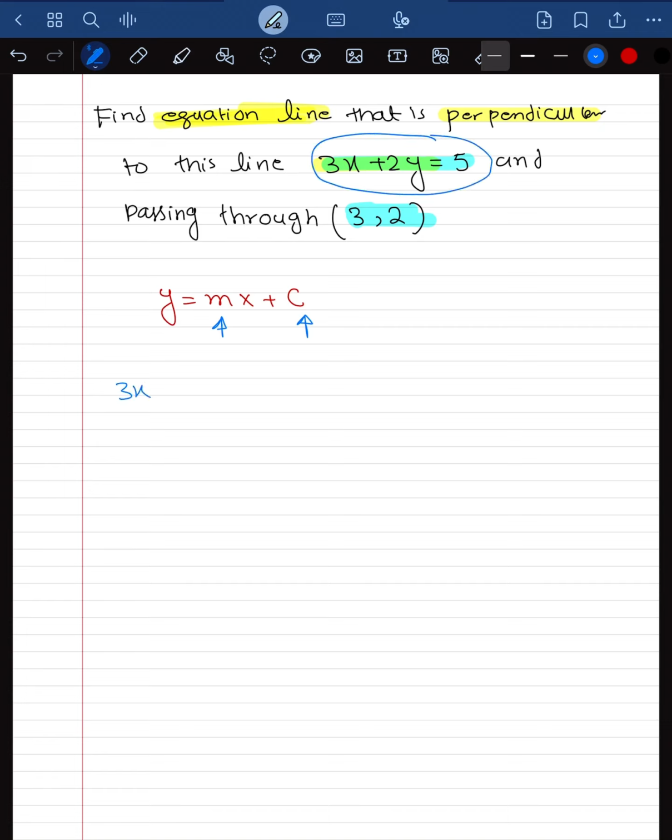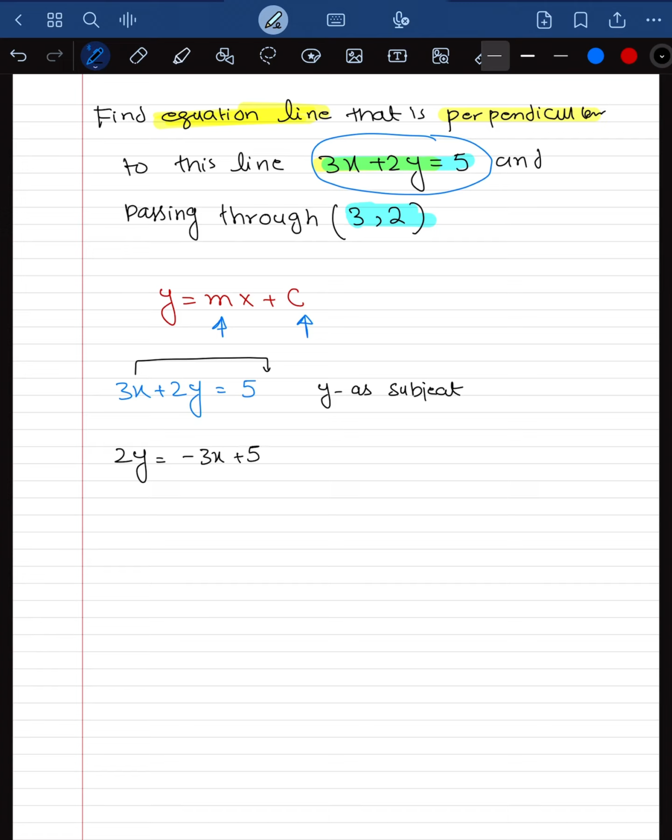So we have 3x plus 2y is equal to 5. And what we learned in the last question, if you want to get the slope from this line, you just need to make y the subject of this equation. So shift all of the quantities to the other side, so it will become 2y is equal to minus 3x